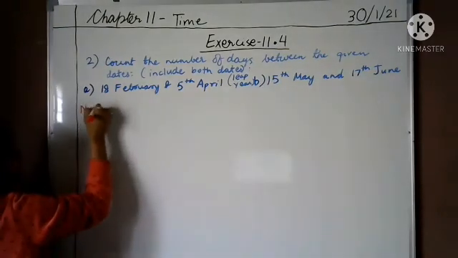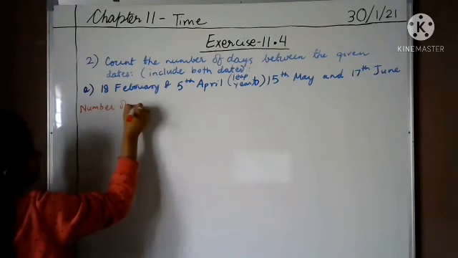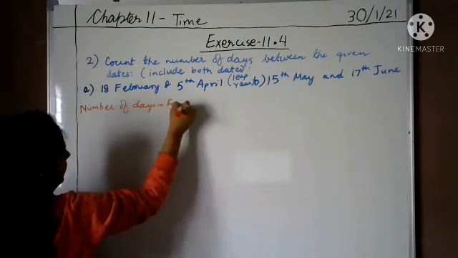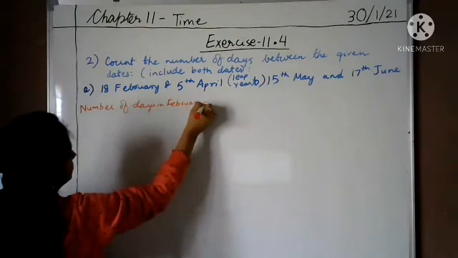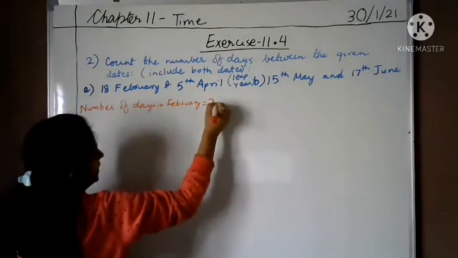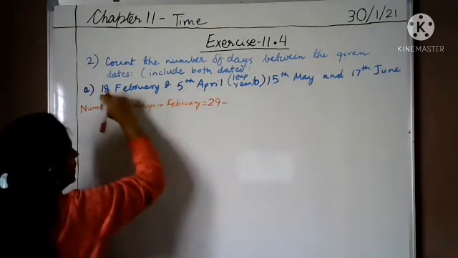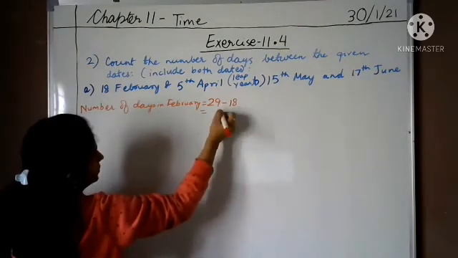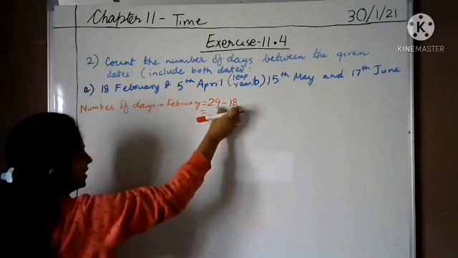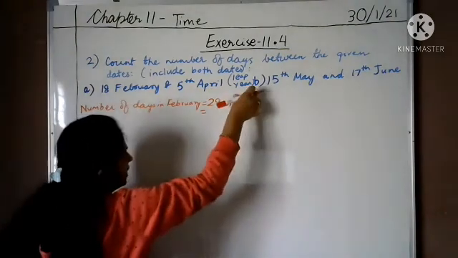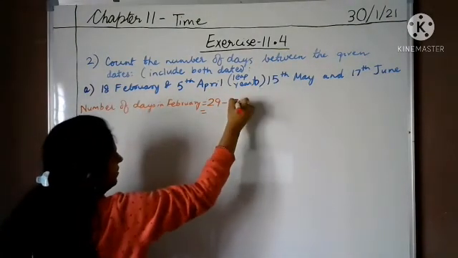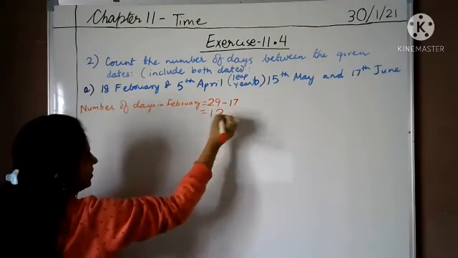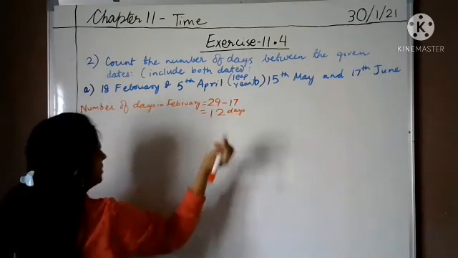So number of days in February. लीप ईयर है, दैट मीन्स 29 डेज में से कितने माइनस करने हैं? 18 डेज. सो हम 18 डेज माइनस अगर करेंगे तो ये वाला डे भी रिमूव हो जाएगा. सो बेटर ये है कि हम 17 डेज माइनस करें. ओके, सो 9 minus 7 is 2, 2 minus 1 is 1. So 12 days in February.